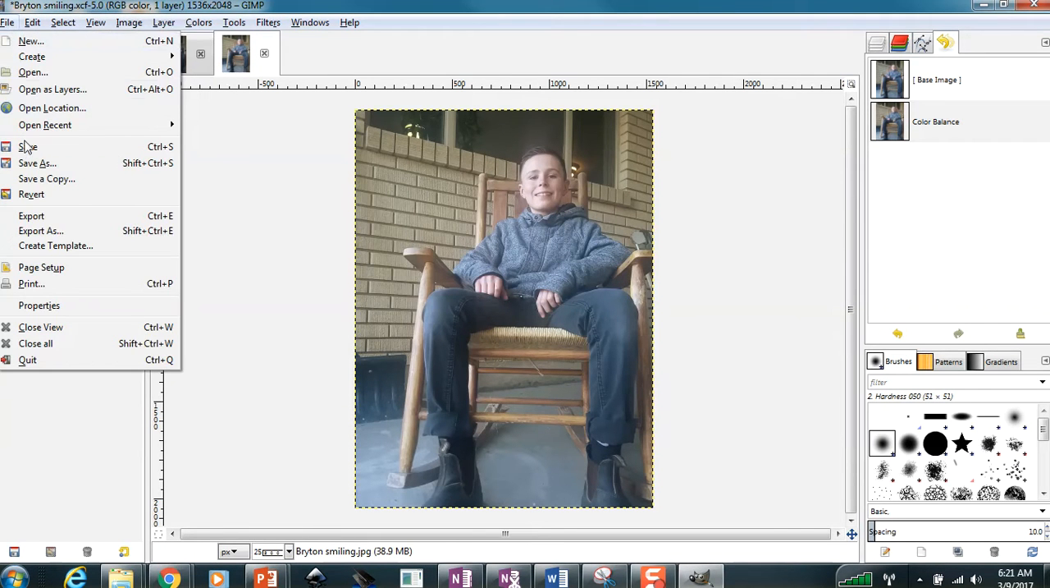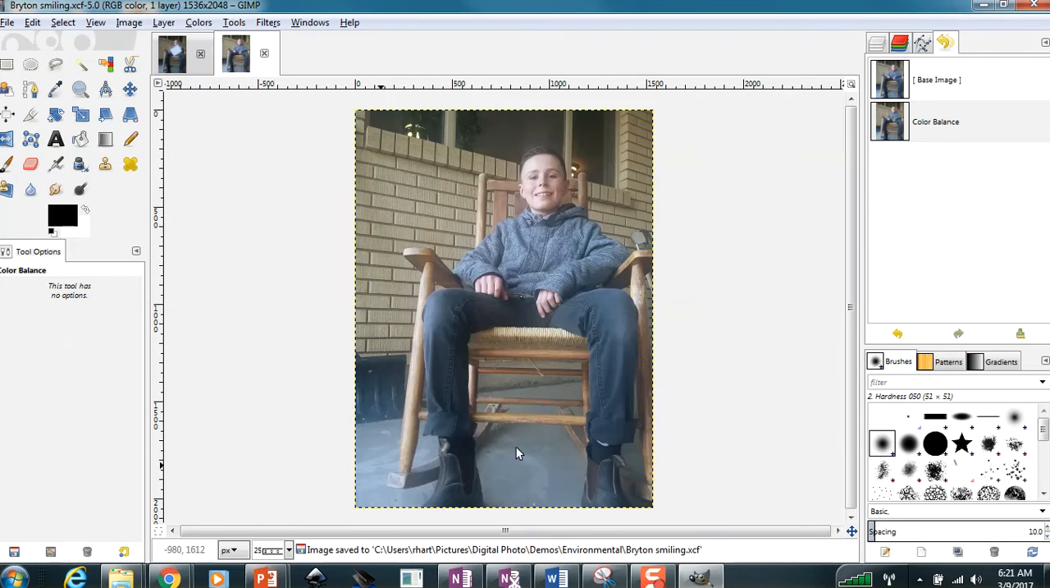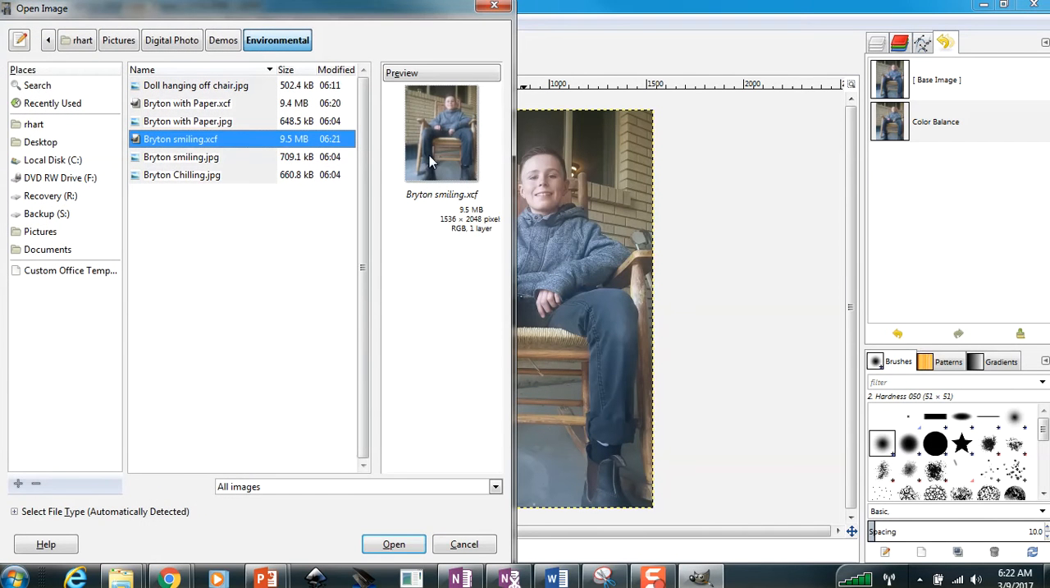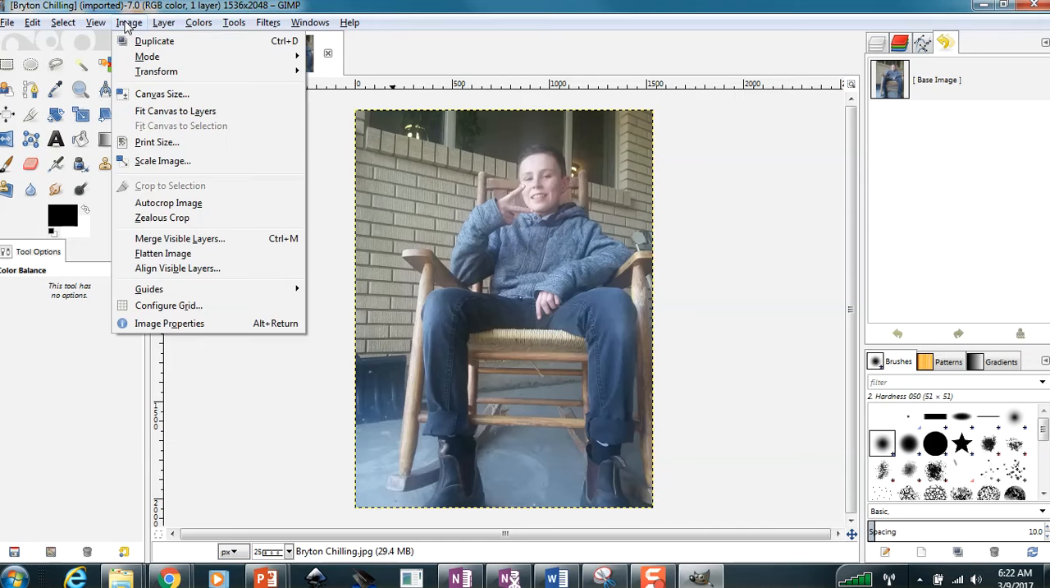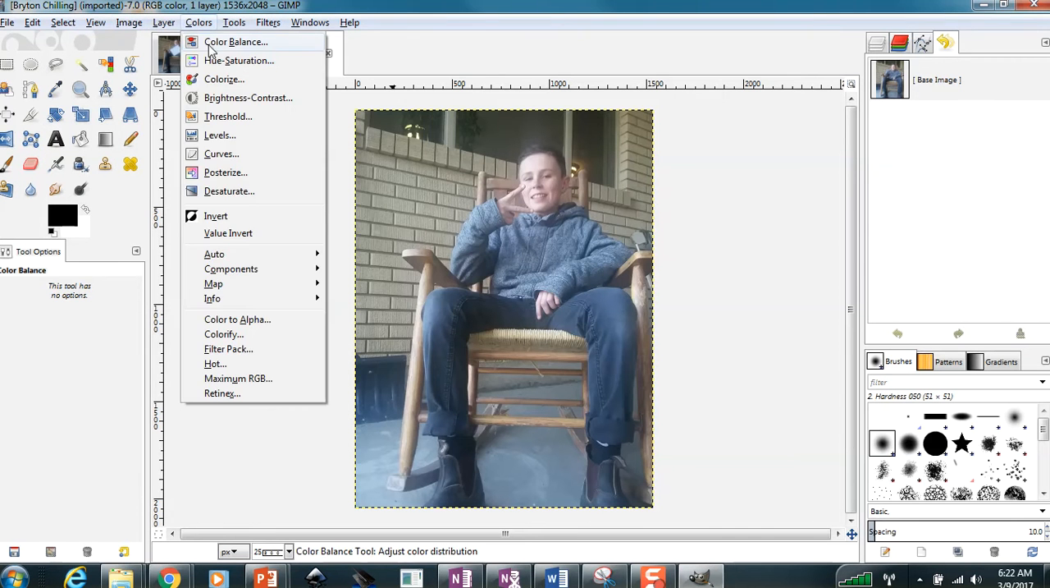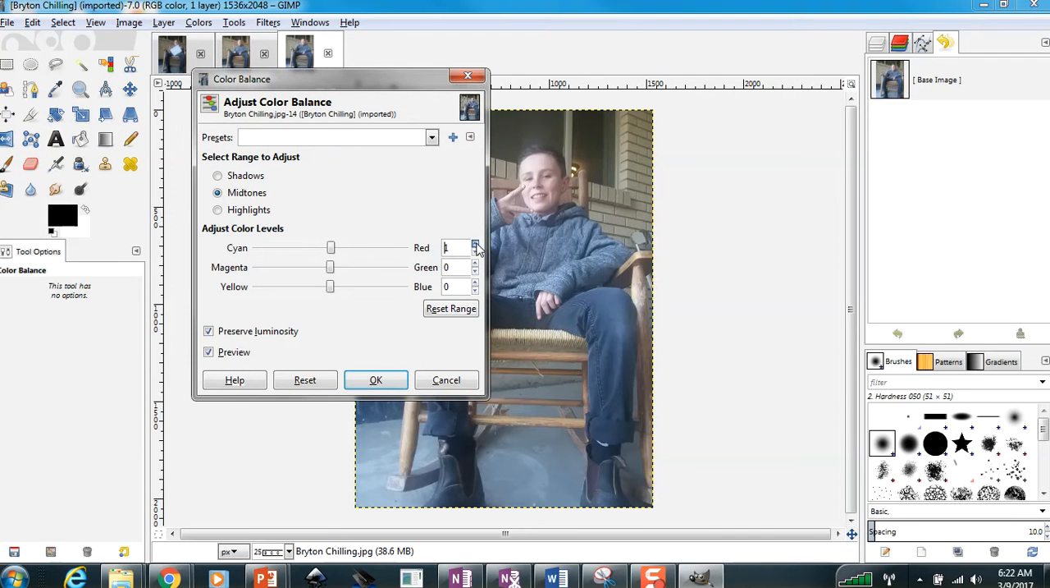And save. Remember, you have to save when you're all done with all your changes. If you don't, you're going to be submitting your work without your work. So you've got to click Save. Now go ahead and File, Open, and we'll find Bright and Chilling. Open that up. I'm going to go to Image, Colors, Color Balance, set my calibrations to what I had before, and